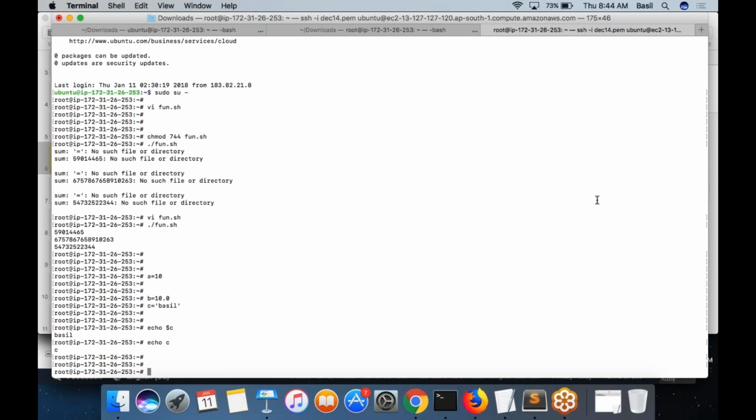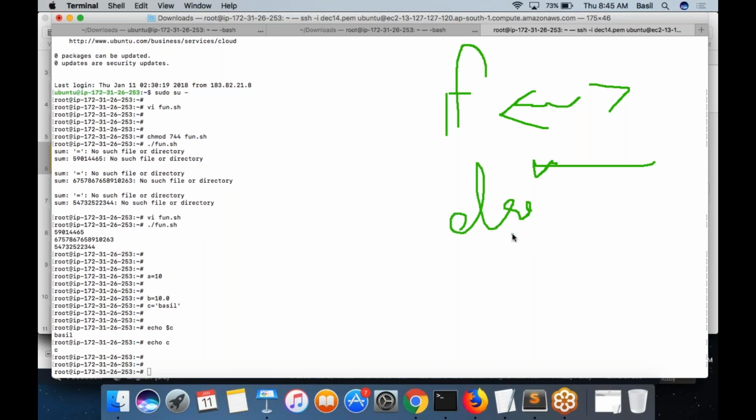You want to look for a condition, and based on the condition, you want to decide what you want to do. That is what a conditional statement is, and in bash it is if. In most programming languages it is if only. So you check if this condition is true, if this file exists. If it exists, then delete the file. If it does not exist, maybe you put something inside the else block saying don't do anything, or simply print a message saying that the file is already deleted, there is no such file.